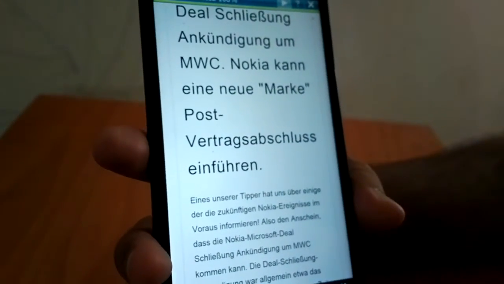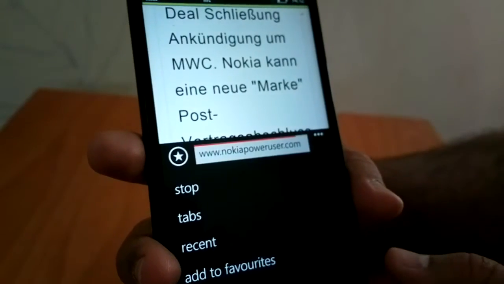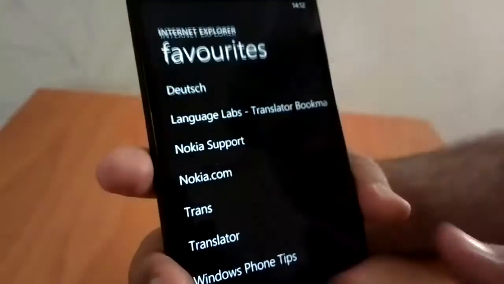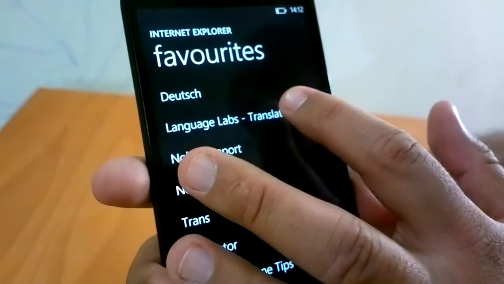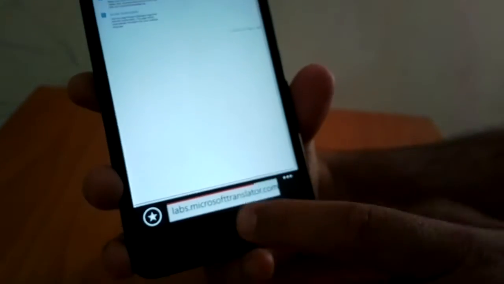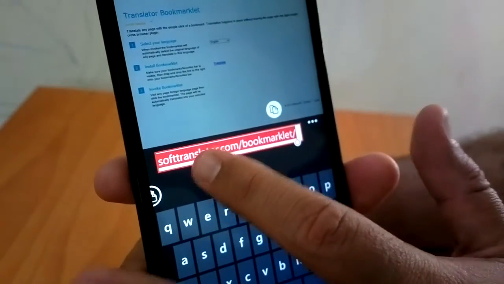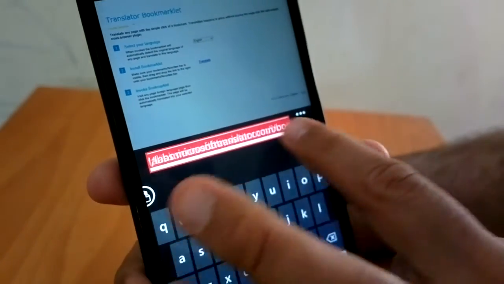So again, for your convenience, these are the steps. The first step is adding this Deutsch. For that you need to have this labs.microsofttranslator.com bookmarklet, and as I told, I'll post a tutorial on nokiapoweruser.com, so there you can go and see.